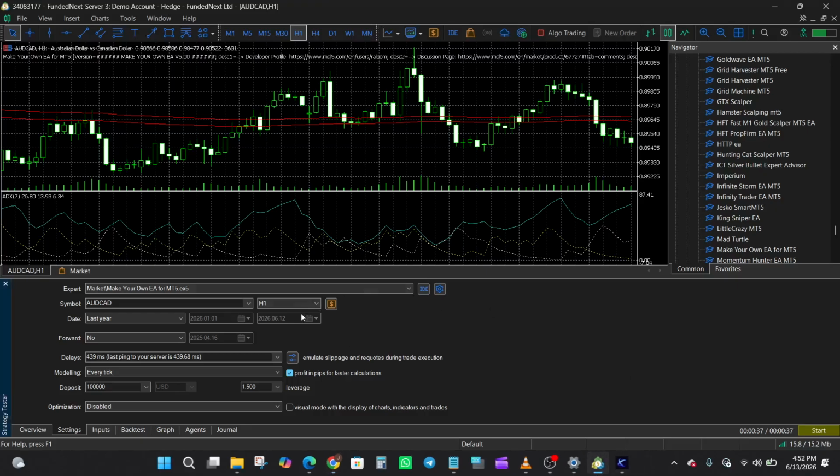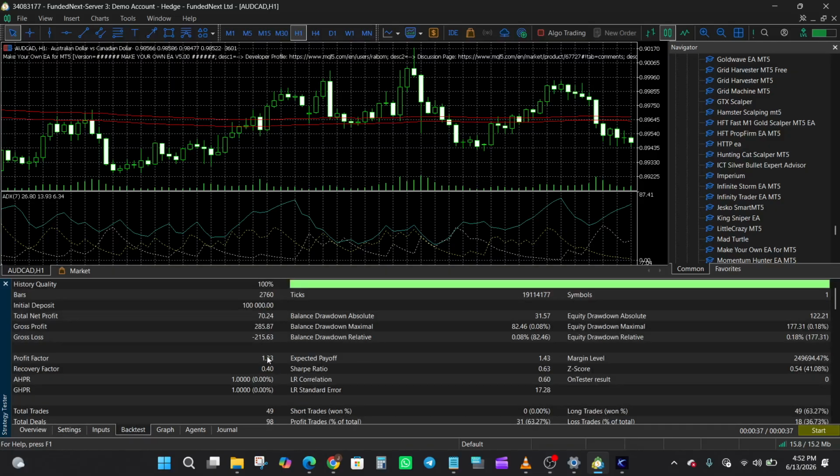So we're testing the Make Your Own EA for MT5 on AUD/CAD on the H1 time frame, and I'm testing it from the beginning of this year, 1st January 2026 till date. As for the delays, I'm using the last ping to the server and I'm using the every tick modeling. Looking at the backtested results, I can see that from an initial deposit of $100,000, the total net profit was $70.24,